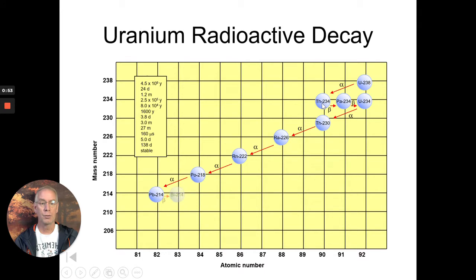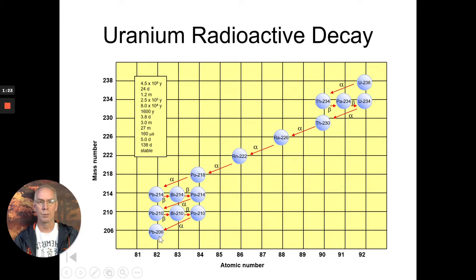But then the thorium-234 that's produced undergoes a beta decay and turns to protactinium-234, and that half-life is a mere 24 days. The Pa-234 is extremely unstable, and it emits a beta particle to generate uranium-235 with a half-life of 1.2 minutes. These decays continue over and over and over again, alpha and beta decays, until finally you're left with